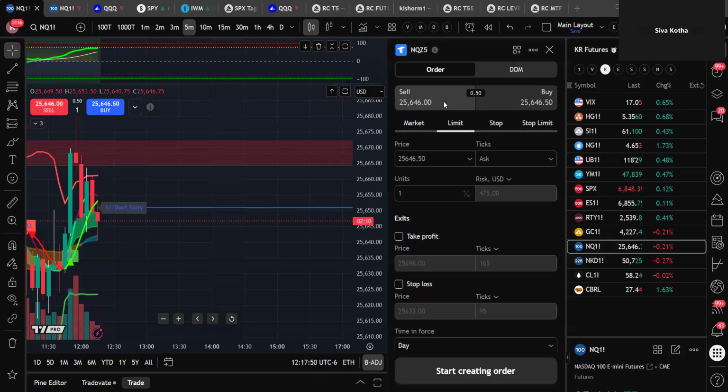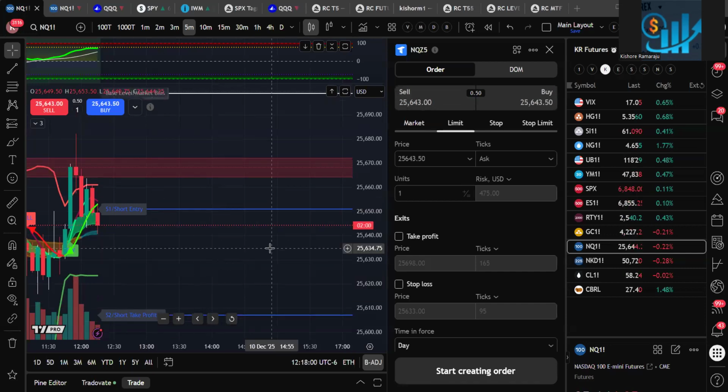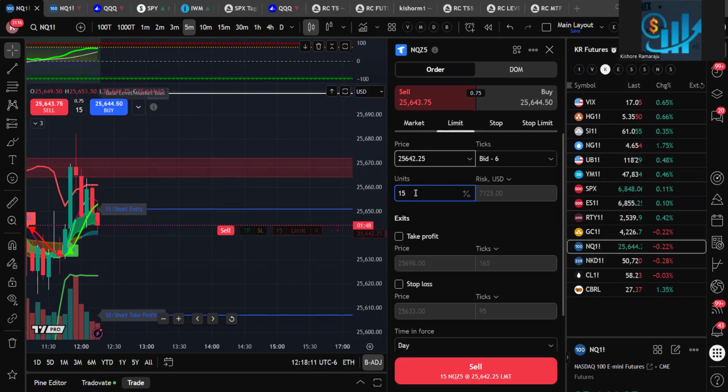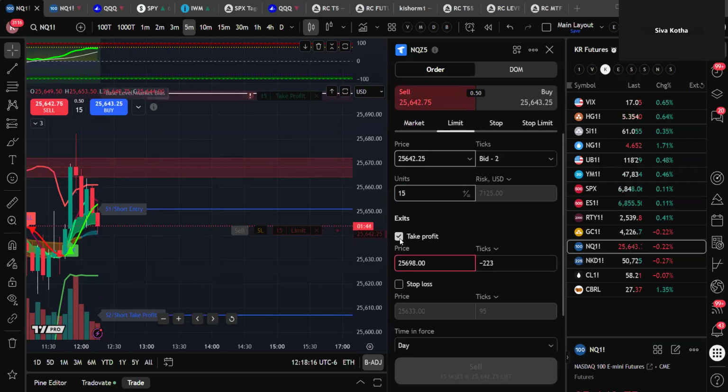For example, this should be micros. To complete the evaluation, we'll use minis itself, because whenever that sudden move happens, that is where you want to achieve the target. For example, if you want to do a sell and you have a 150K account, that means you want to trade with 15 contracts. And then your profit should be around